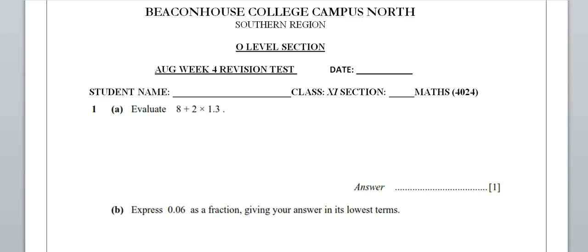Okay, first question, we have 8 plus 2 multiplied by 1.3. In this question we have the board mass, actually BODMAS. We will follow this rule: if we have addition and multiplication together, or addition or subtraction, or multiplication or division together, first we have to multiply or divide. So here we have to multiply by 1.3. First we will multiply both of them, and what we will get here,